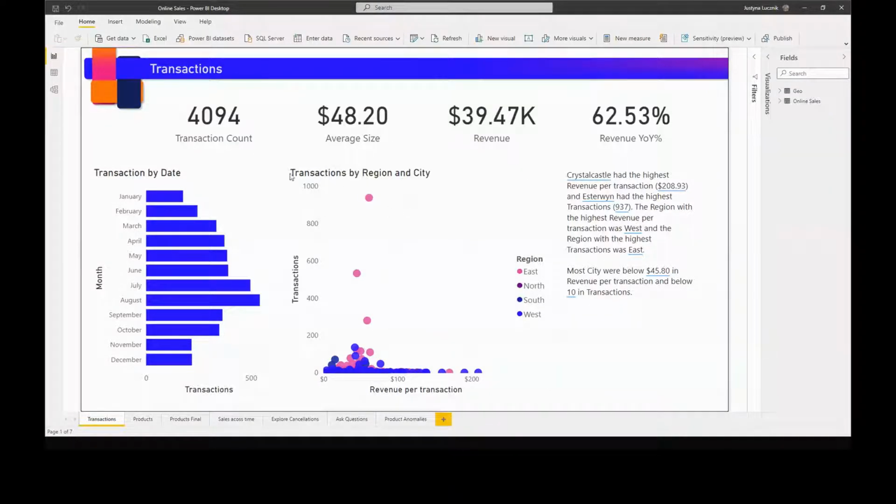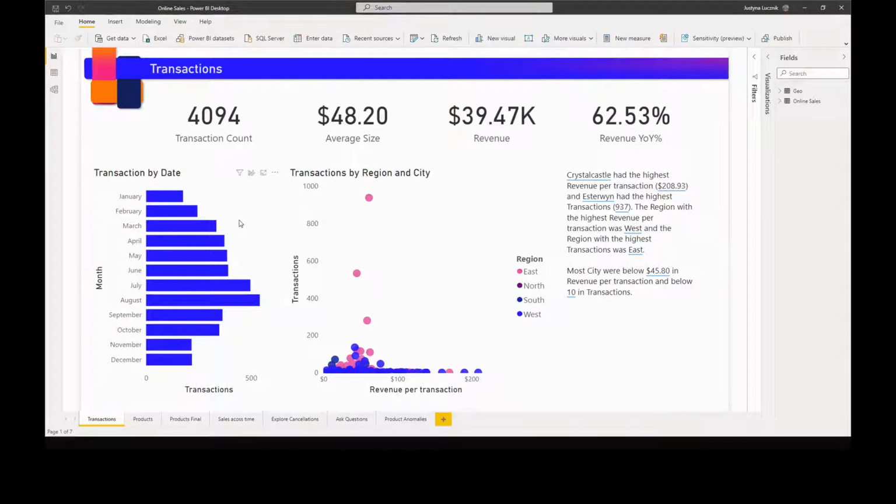So you can see over here, we're looking at transactions by region and city. We have number of transactions, we have revenue per transaction. The smart narrative automatically tells us where it's seeing the highest revenue, both in terms of absolute transactions as well as revenue per transaction, which regions are popping up, as well as what kind of values most transactions fall between. So a really quick summary that I can do, and I can do this with any